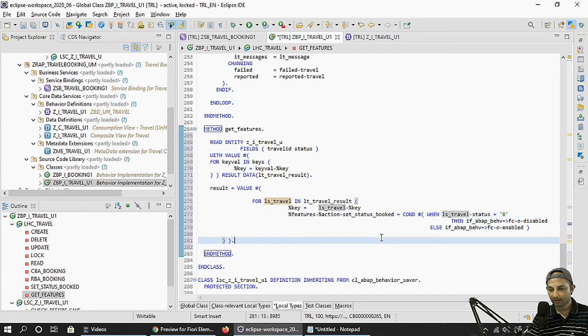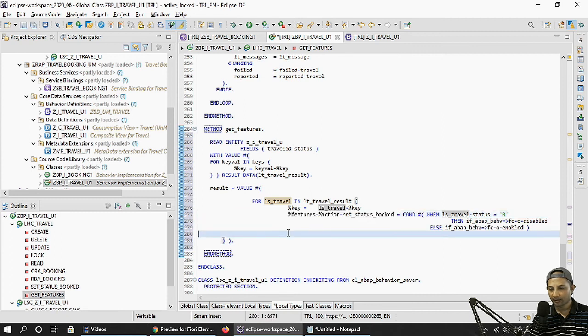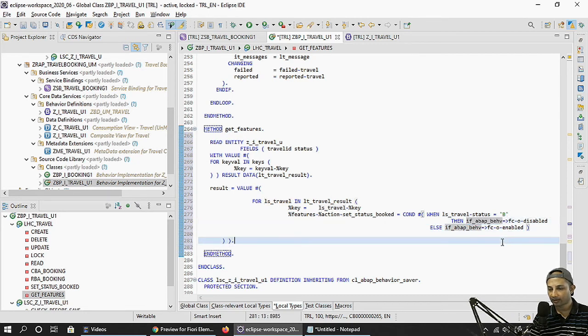So that is the method. That thing will be enabling or disabling, it's determined based on this conditional expression. So I'm setting it like when this status becomes B, I'm telling, hey, there is an interface called if_abap_behavior, which contains this constant value disabled.